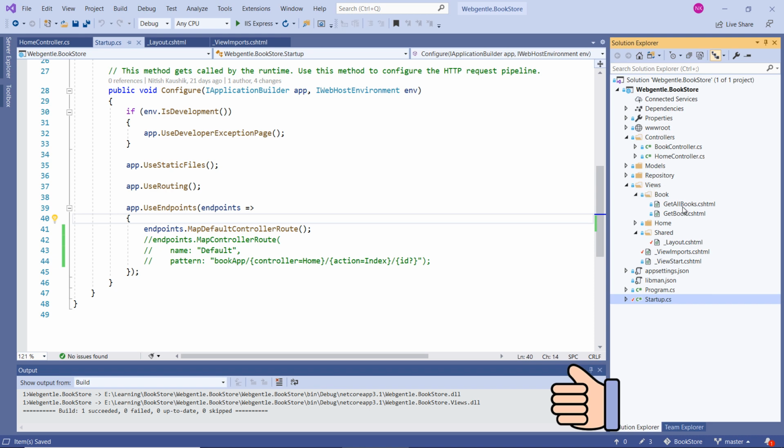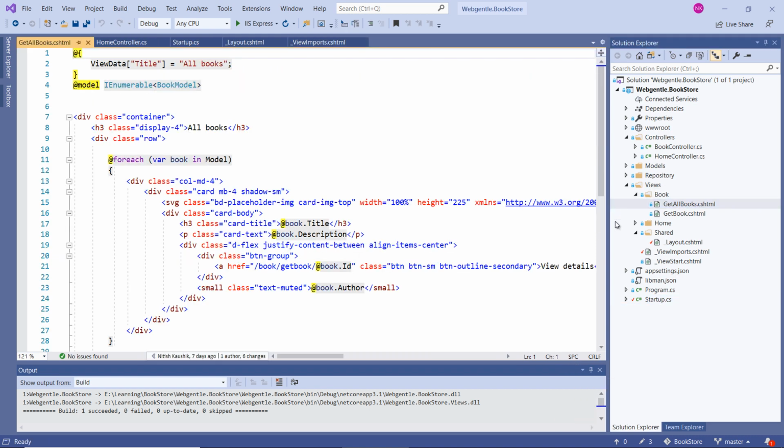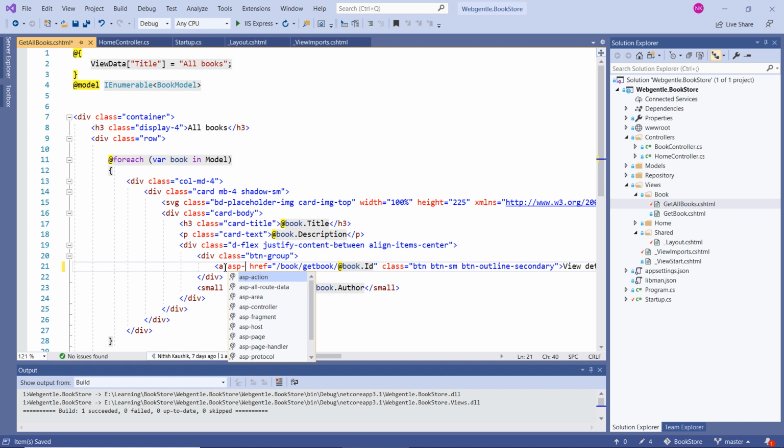Let's open the get all books view, and inside this get all books view, here you can see at this place we are using this anchor tag. Let's make it special now. Okay, so first we have to start our code from asp, then dash controller. The name of the controller is book in this scenario. Then we have to type the action, so asp-action. The name of the action method is get book,